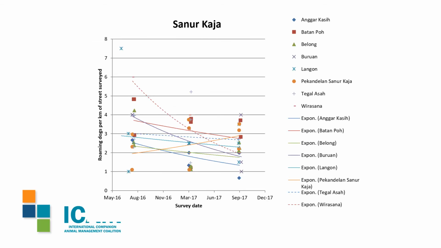So here is some data from Bali in Indonesia. So that was the scenario 2 that the delegates worked with. And this is a particular desa called Sanur Kaja. That desa or village is comprised of 8 sub-villages, and you can see that each of the sub-villages are named here. They're also called banjars. And we had a survey route in each one of these sub-villages. And we have 3 survey events here, at least 6 months apart. And at each survey event, they replicated the survey usually on 3 occasions to get a measure of day-to-day variation.